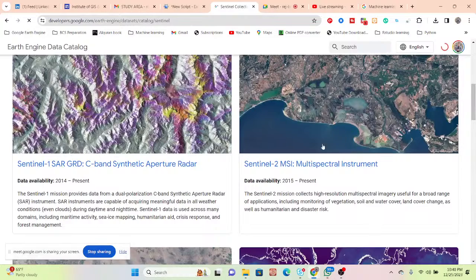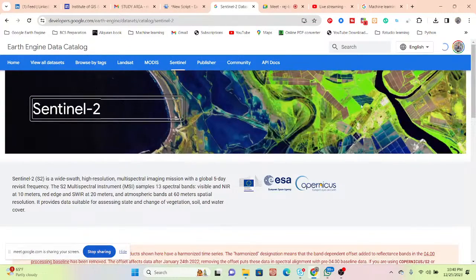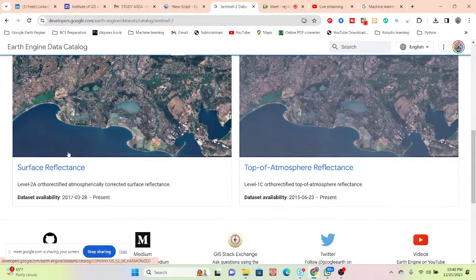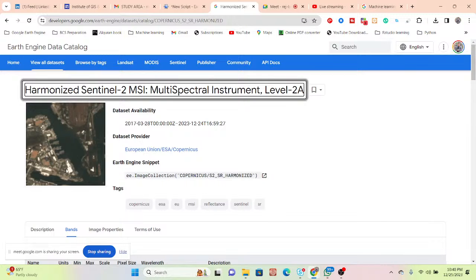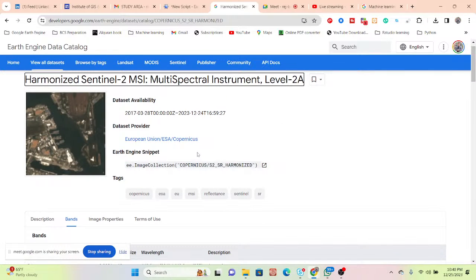You can see, I want to work with the Sentinel-2 multispectral instrument dataset, and from here I want to work with the surface reflectance. Basically, for land cover classification we use surface reflectance satellite imagery. I click here and get all the information about that dataset.